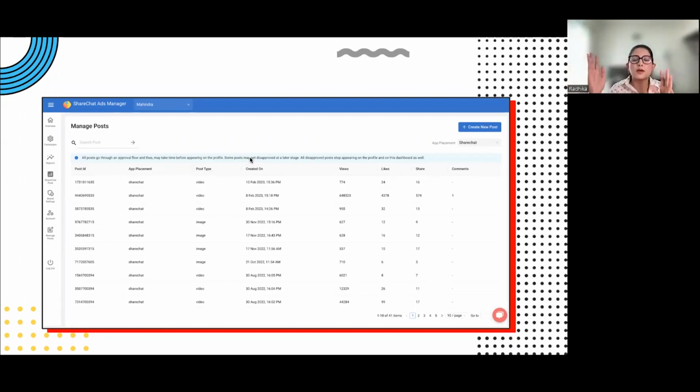The third column is about the post type, which talks about what the media asset format is. Is it an image? Is it a GIF? Is it a video? So these are the 3 most popular ad formats, media formats that we support on our apps. Of course, if we go ahead and create a carousel ad campaign, that will also come as a post type. So that can also exist as a post onto our platforms.